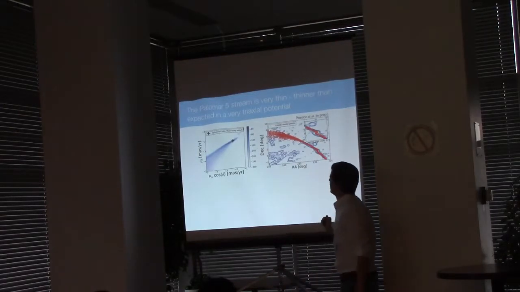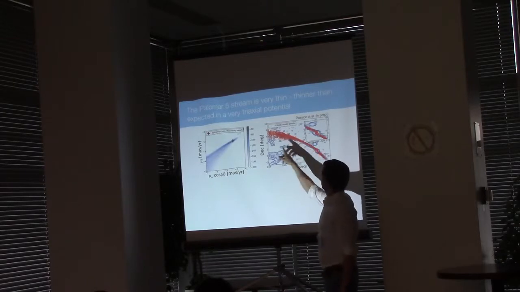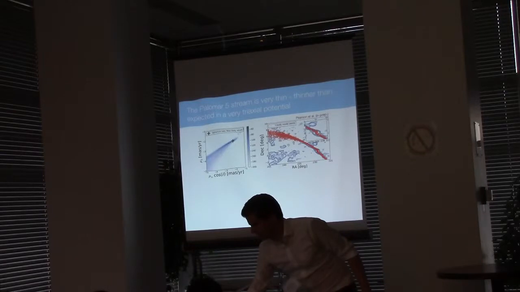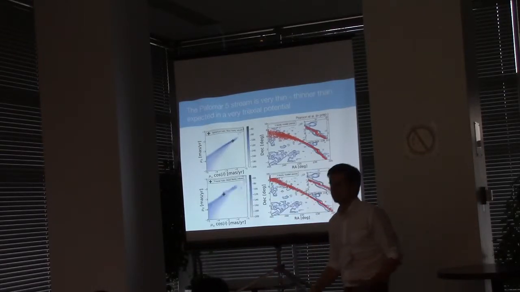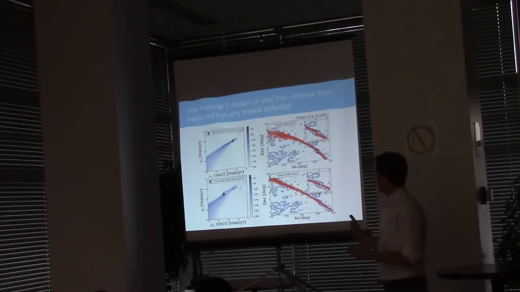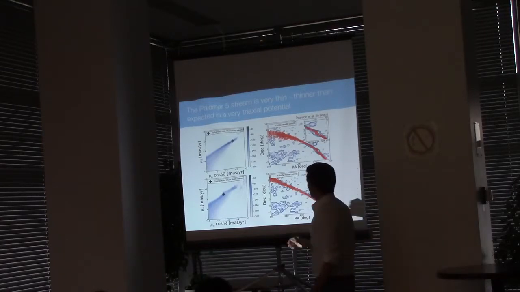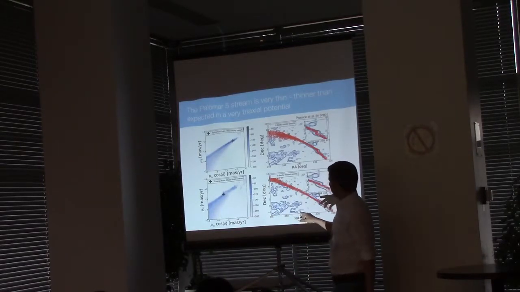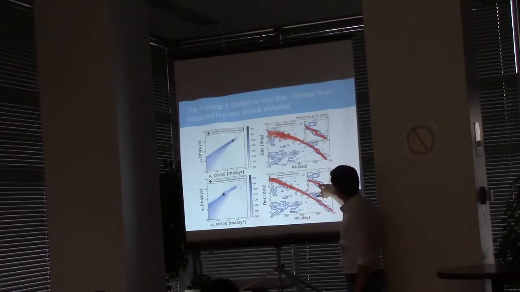But what we find is the best model here. If we run an n-body model with these proper motion components, we get a very good match to the SDSS data. It lies just on top of that. If we then take, as an example, the potential which was found for the Sagittarius stream, a very simple exercise, just take the same triaxial potential and try to find the best fitting model in that potential. You see it has a very different proper motion here, and if you run an n-body model for that, we kind of get the shape right, but what you see here in this blow-up, a very nice blow-up by the way,